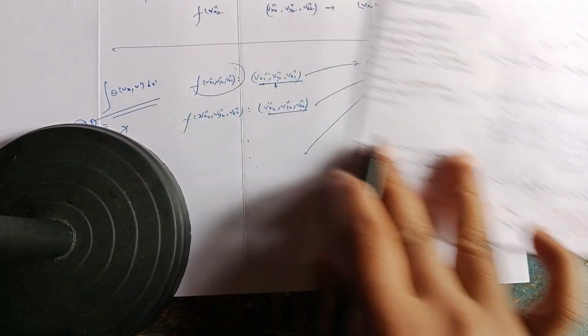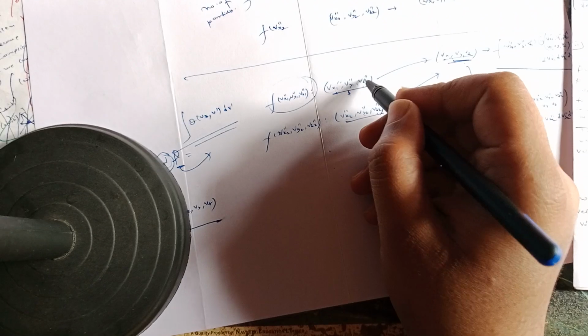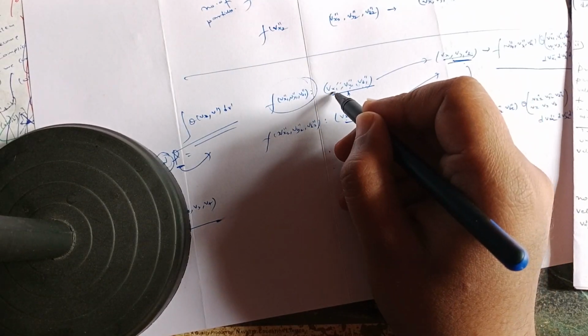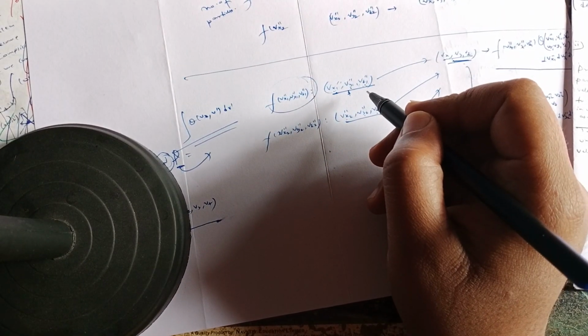Now let's discuss this collision term. Say we are considering a group of particles. These are the group of particles having velocity coordinate vx1, vy1, vz1 double prime. So this group of particles,